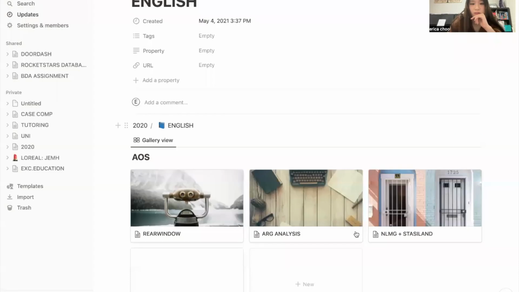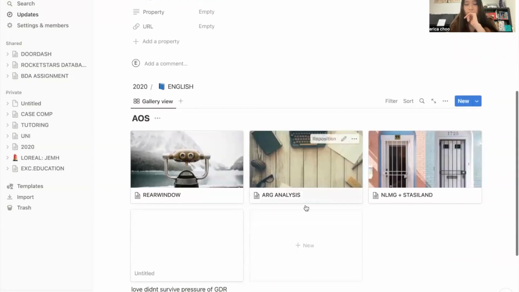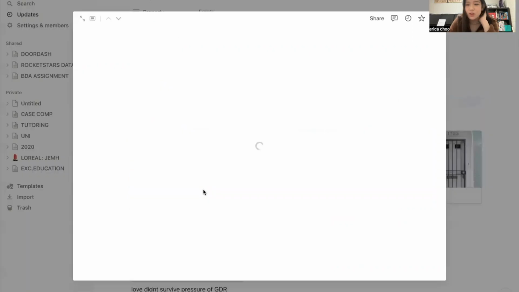Okay, so let me start screen sharing first. So this is my year 12, oh, wrong screen. Okay, this is my year 12 Notion database. So we have here the 3 areas of study, and basically if I go into each one of them,